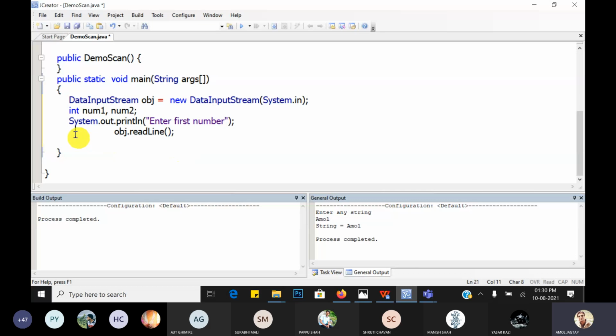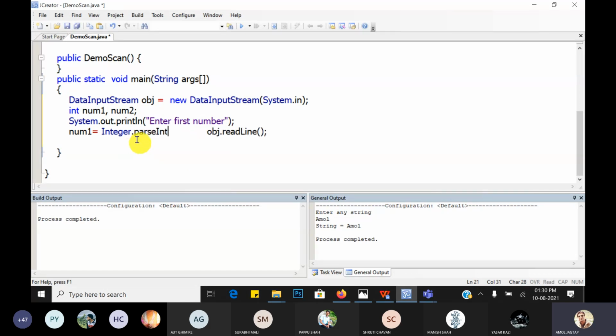We want to save it into num1, the first variable. But it returns a string, so first typecast it. In Java, every data type has its own class name. So Integer, and this Integer class contains a parsing method called parseInt.